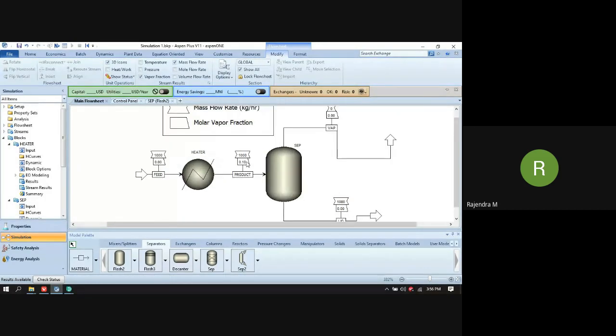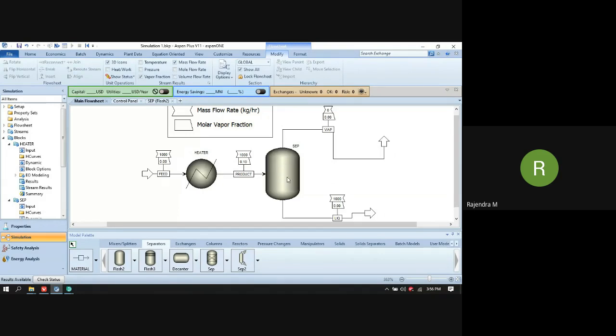But after going to the flash drum, there is again no vapor. All the 1000 kg gets converted into the liquid phase, and there is only one liquid outlet from that flash drum.